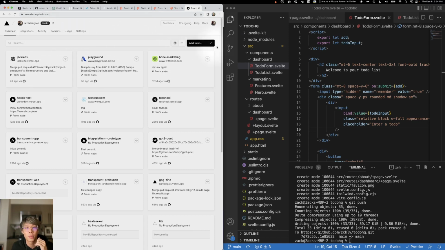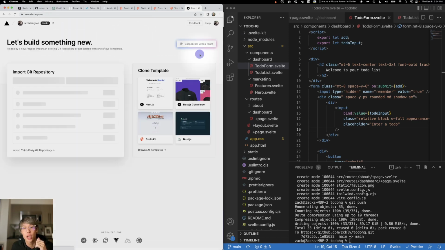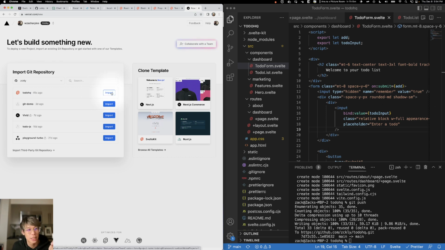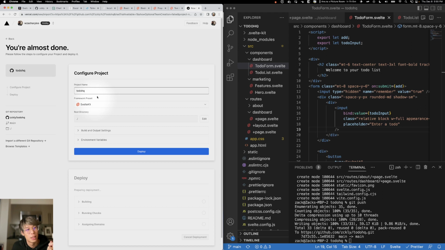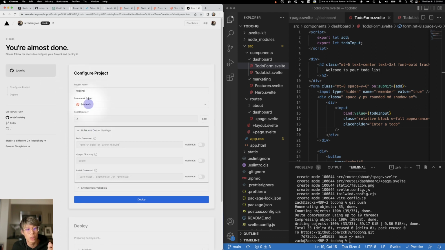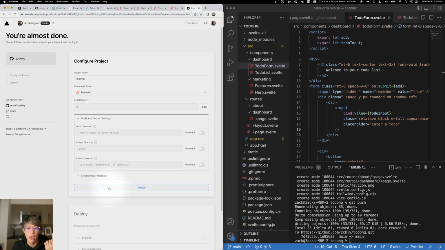What I'm going to do is add new project, and then check this out. Boom, to do HQ, import. All we need to do is just press this, configure project. Okay, this is all good. It knows we're using SvelteKit, so it gives us a bunch of default settings, which is great. Now we just hit deploy,